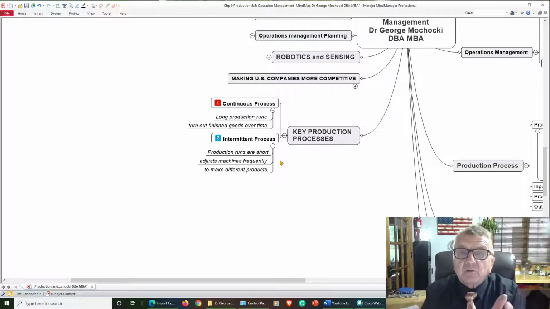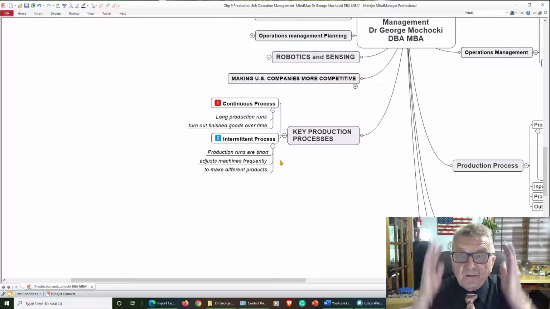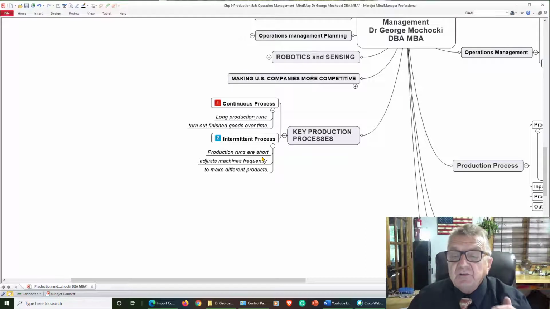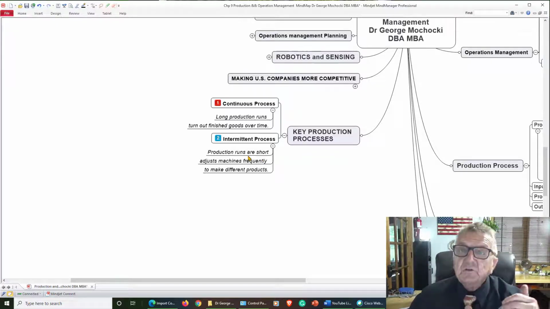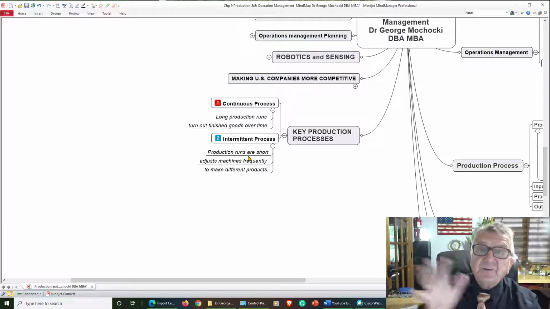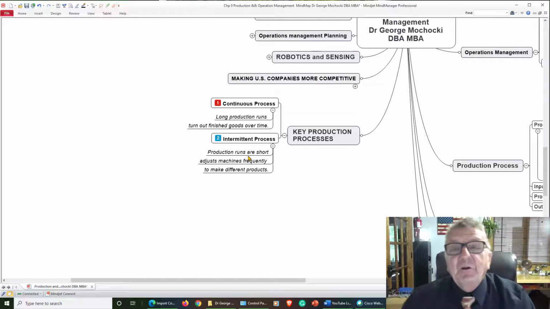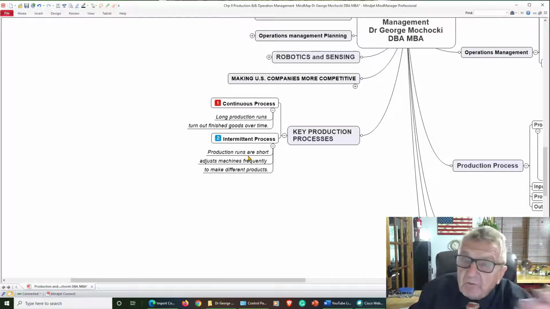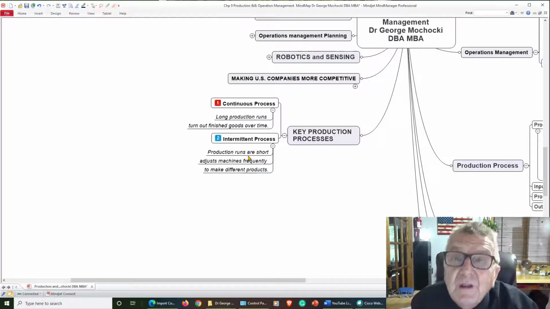Same thing when I go to the hair place. They don't have one haircut. I like a little bit here, and you change it. Other ones are short runs. Sometimes you do a short run to meet the customer's demand. With short runs, I have to set up and reset up. It's going to cost you. When the customer wants something outside my normal operating, I have to pay overtime, so they pay overtime or a premium cost.